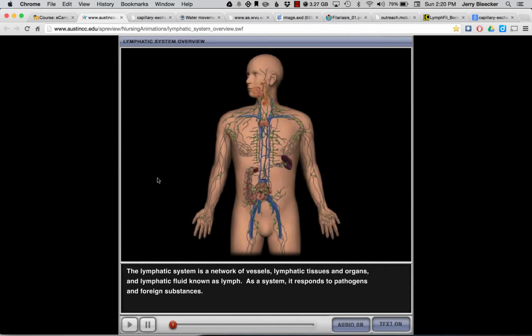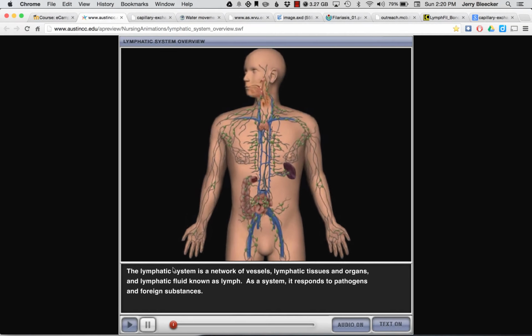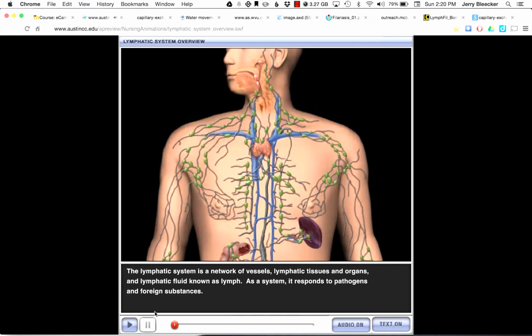So, let's take a look at the lymphatic system and sort of get to know it a little bit. We're going to zoom in on it here. The lymphatic system is a network of